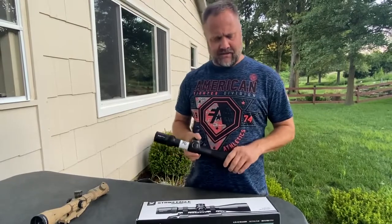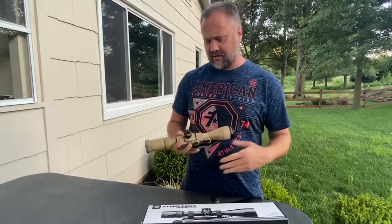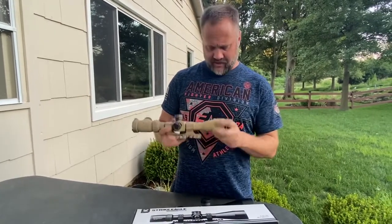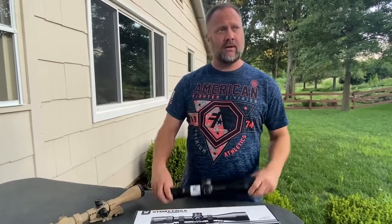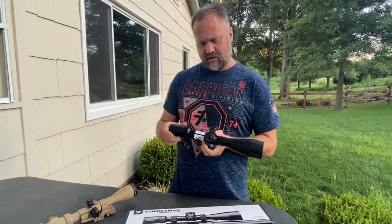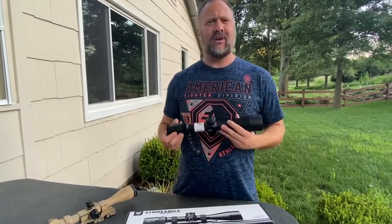I'm just not, I mean, even the packaging and the stuff, the way the Athlons come in, same nice box. I believe it might have come with the lens wipe, all the little stuff, the little Allen wrench screws for the adjustments. I mean, these turrets here lock in place on the Athlon also to keep your dope locked in the right position. On the turrets on this Vortex, looks like they may lock on here also. They're both solid scopes, but my thing is, if you're gonna have a product,